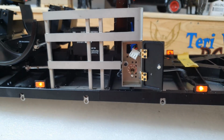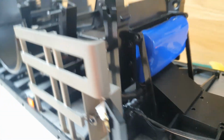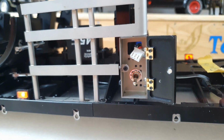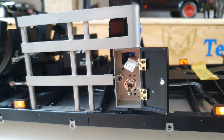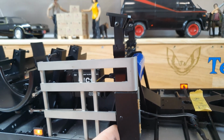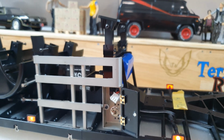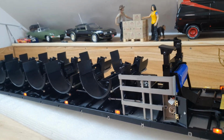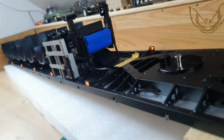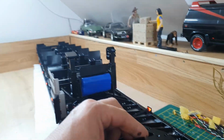So when it's up or in the centre, it's off. That's actually a switch that I got off the Tamiya trailer legs. So yeah, that's going to be hidden away in there. So now let's switch it on. Ooh, I can hear something. Sounds like a servo. So if I turn this,